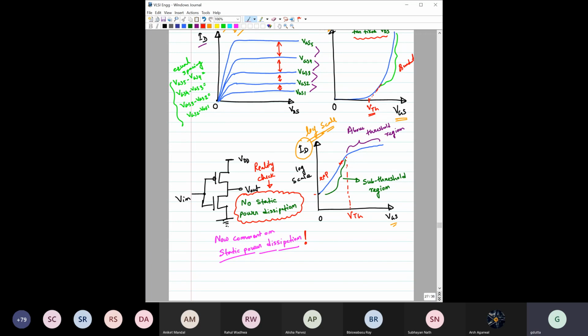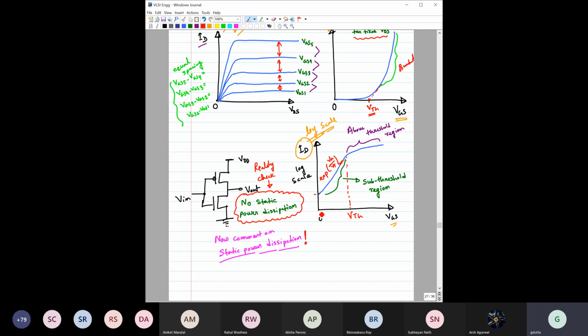But in either case, it should be plus only, Vg by kT, or Vg by Vt. So as you change this one, it will change exponentially,